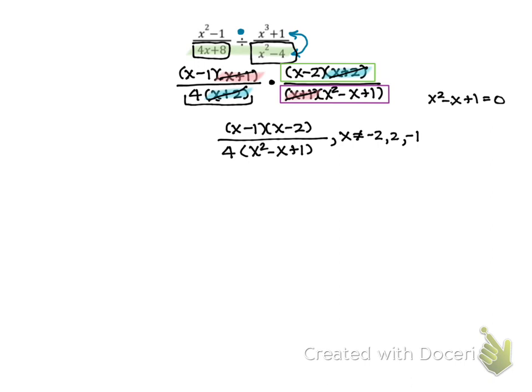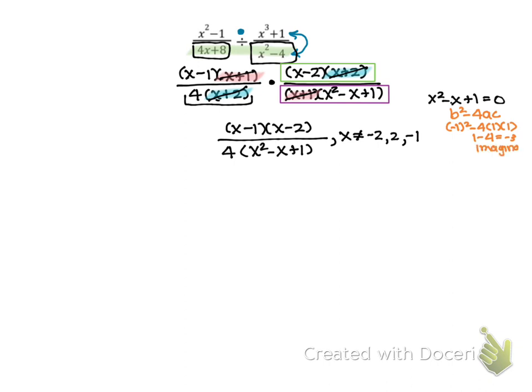So for me, all I'm doing is a quick check on the radical part, or the root part, from the quadratic formula. I'm just going to look at b squared minus 4ac to see if I need to continue, seeing if this is a real answer or not. Okay, so that's going to give me -1 squared minus 4 times 1 times 1. So that's going to give me 1 minus 4, that's -3,